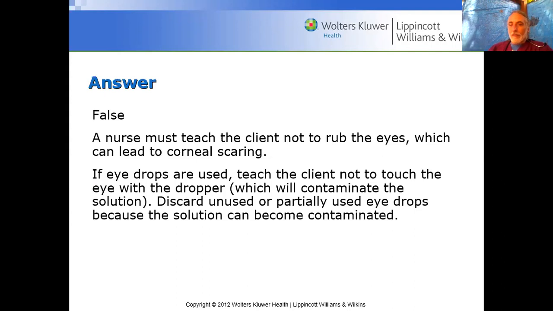And then once the partially used eye drops are done, get rid of them. Right? Solution can become contaminated. Right? If it becomes contaminated with bacteria or whatever, and then you're putting that directly into the eyeball,